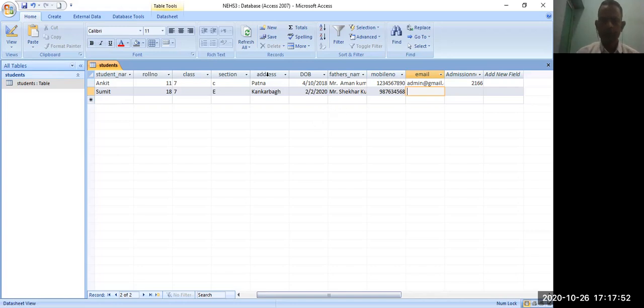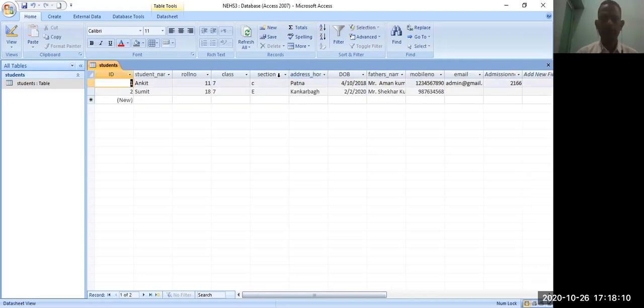If you have done anything wrong, for example, if you want to write home address instead of address, you can modify it to address underscore home here. You can see it updated. Simply you are able to add.